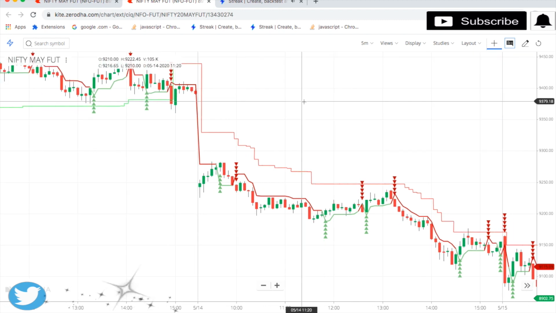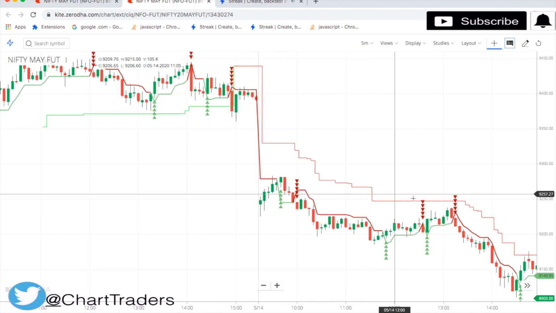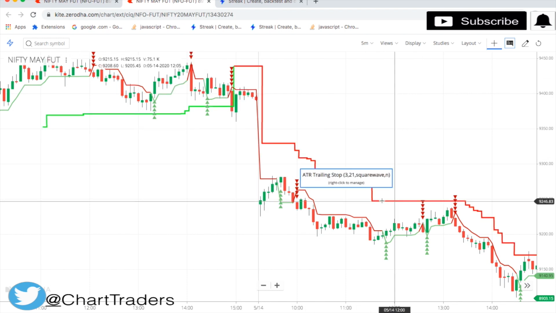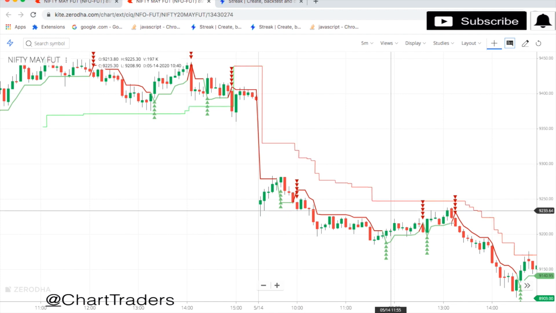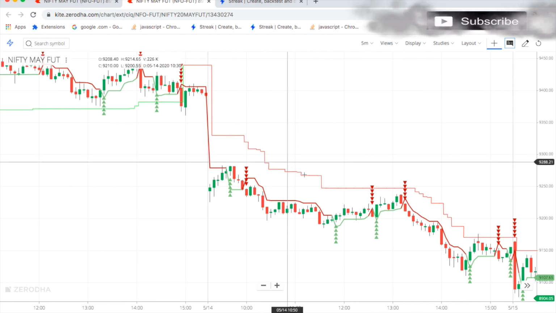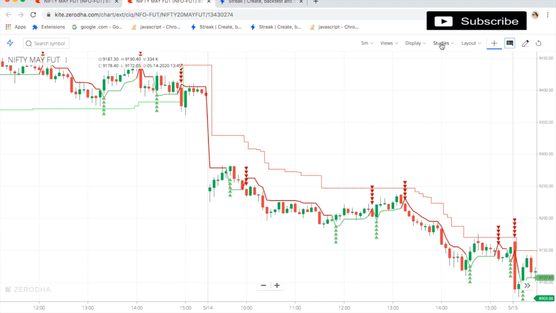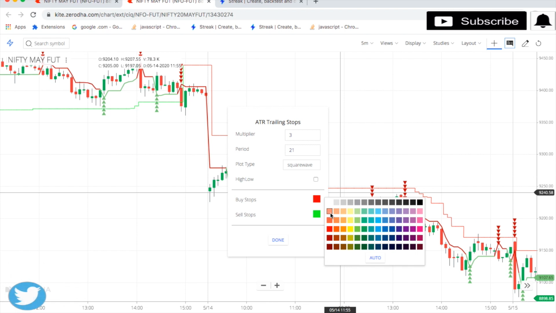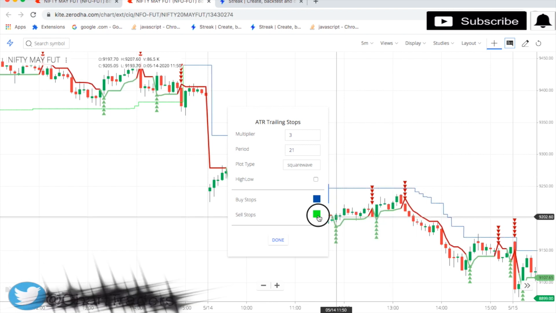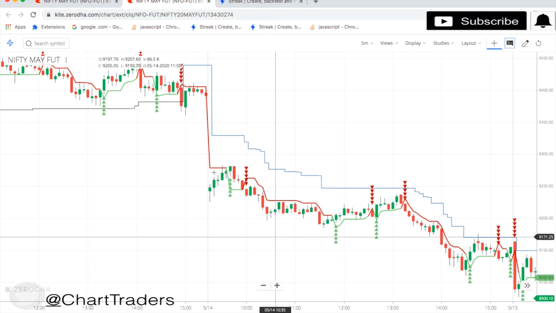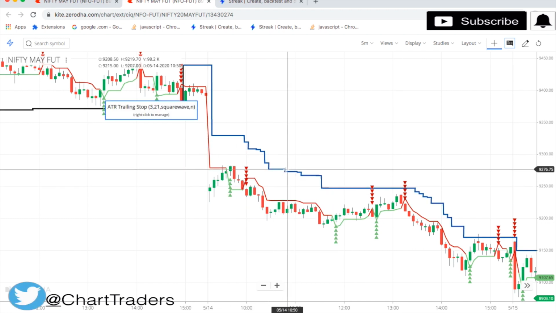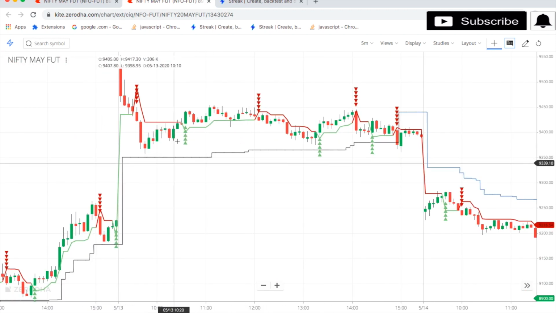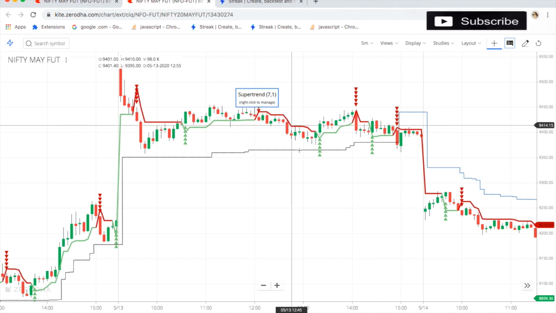If you want to do intraday trading, that shows your main trend line. Whenever your price is below this line, you can take a short position. Don't buy if the price is below this ATR line. In order to clear the difference between your ATR and Supertrend, I am going to change the colors to blue and black. So when the price is below this blue line, just look for a short opportunity, and when price is above this black line, just look for a buying opportunity.